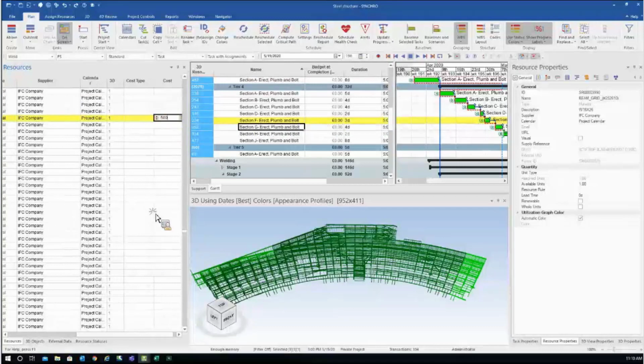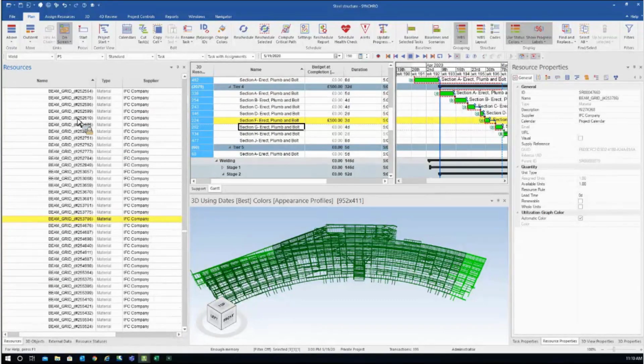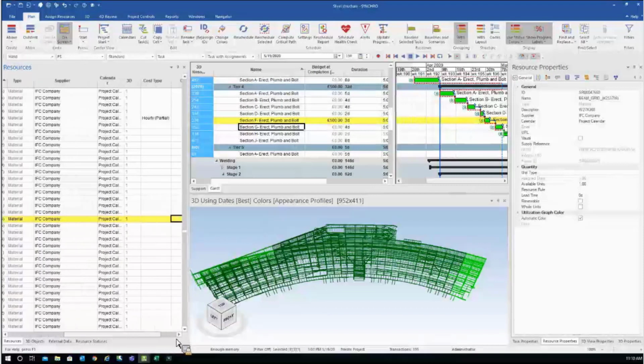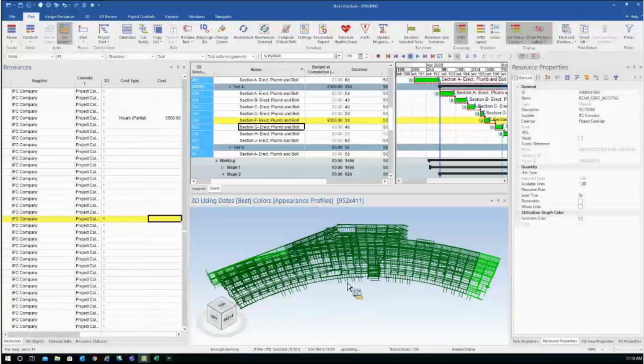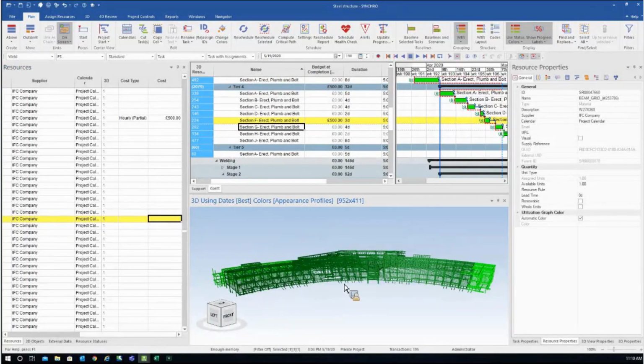But you can see I have a lot of them. So one option can be to export this resource window into Excel, and then in Excel I can even compute the cost per each steel element. Another use may be